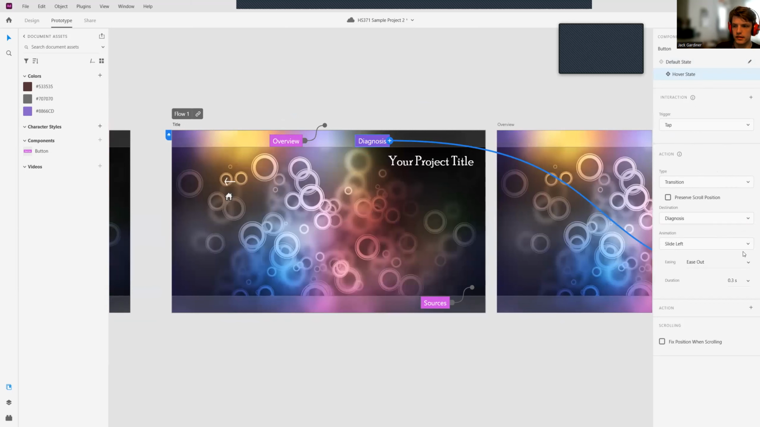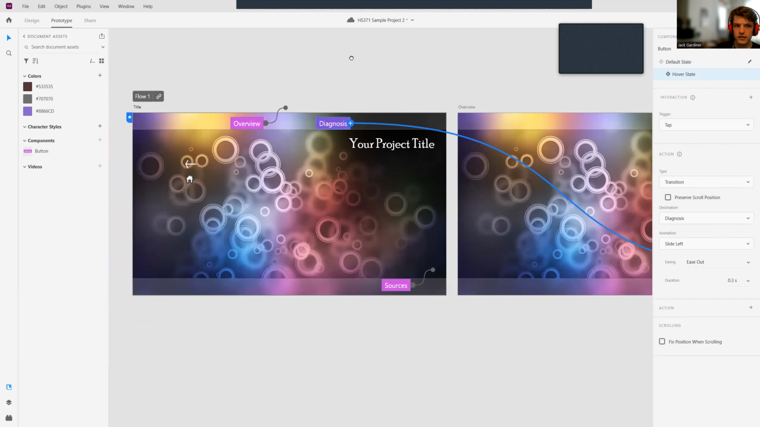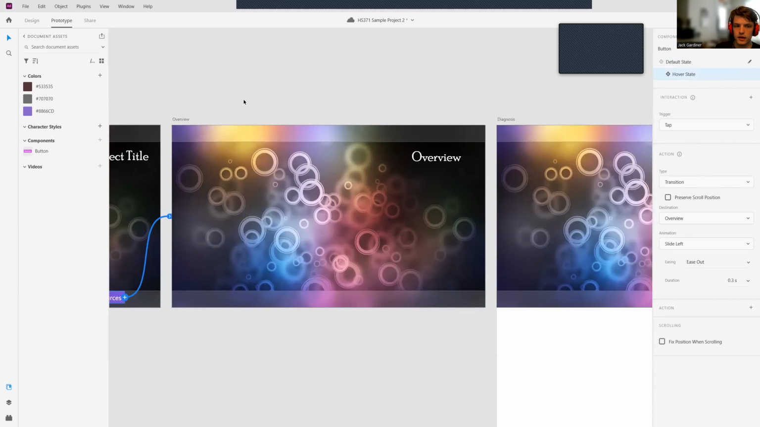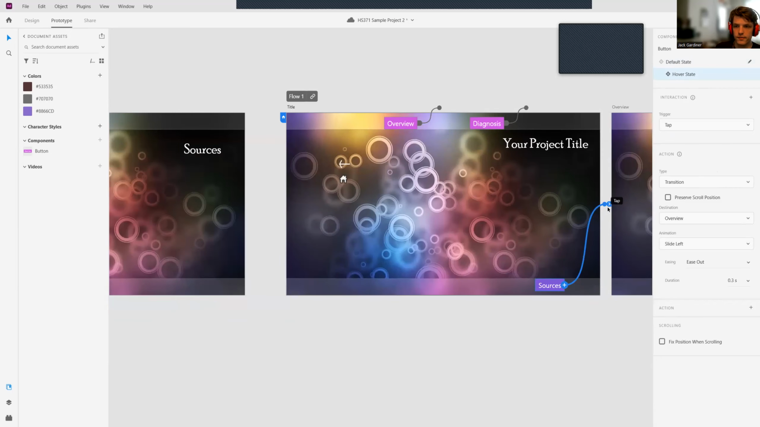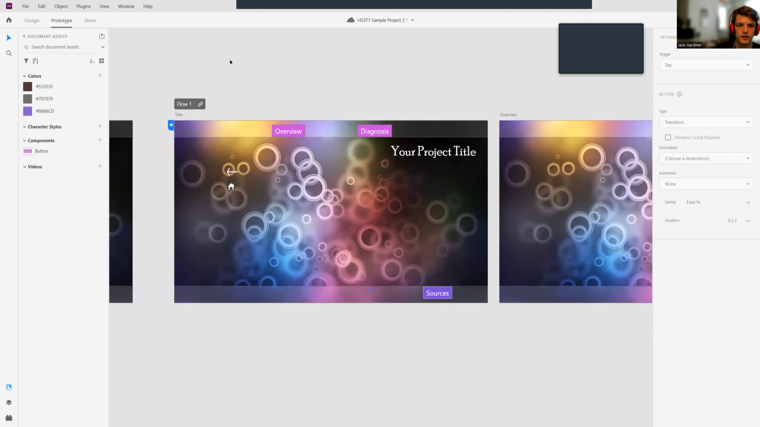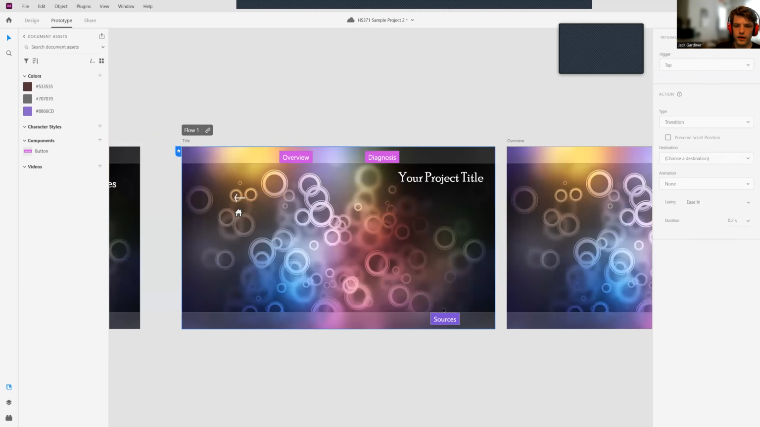Tap, transition, slide left, ease out, 0.3 seconds. And you'll see that these preferences are saved among the buttons, but you can change their destinations without problem. So very helpful stuff. So now you can take the sources and drag it over to sources. And then it is going to have all of your preferences saved. All right, great. And now we have all of our transitions for our buttons, but now we need to create